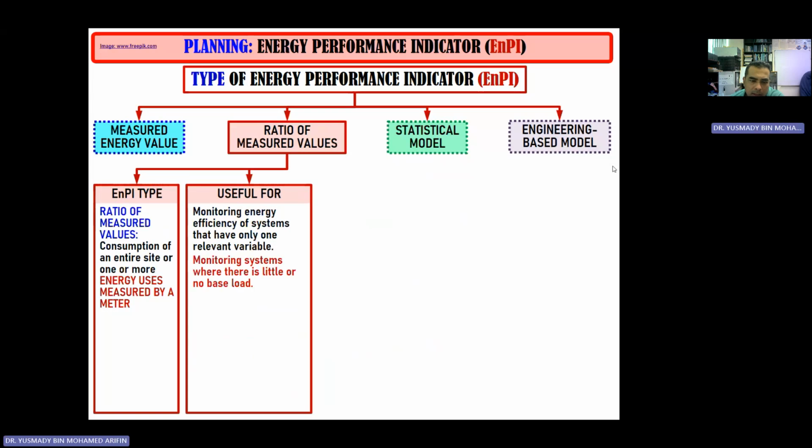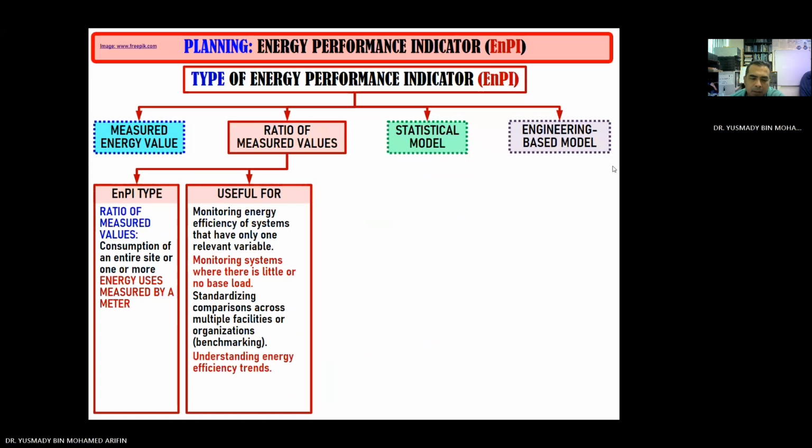Useful for monitoring a system where there is little or no base load. Useful for standardizing comparison across multiple facilities or organizations for benchmarking. Useful for understanding energy efficiency trends. And the last one, the ratio can be used to express the energy efficiency of a piece of